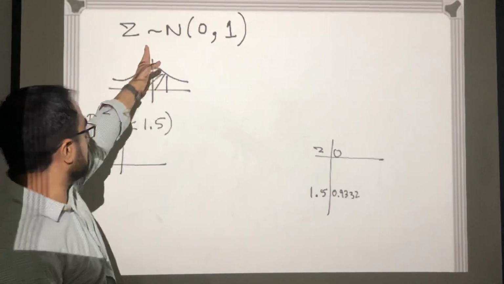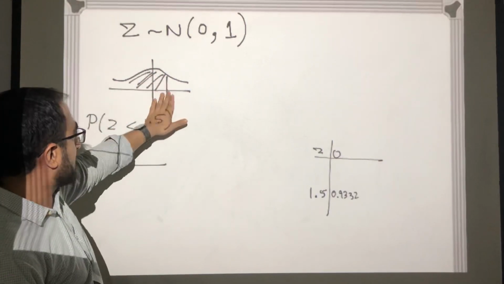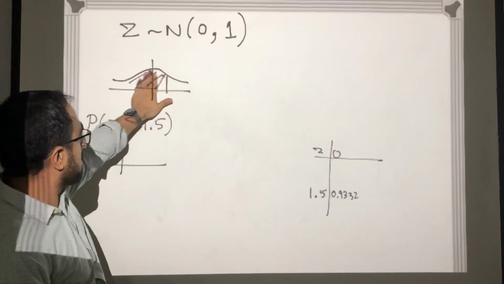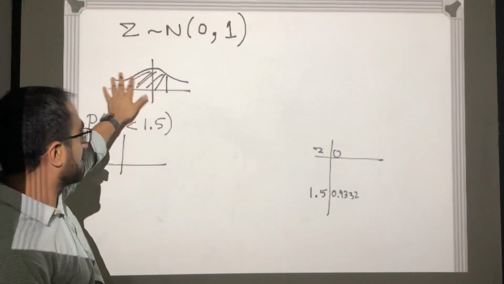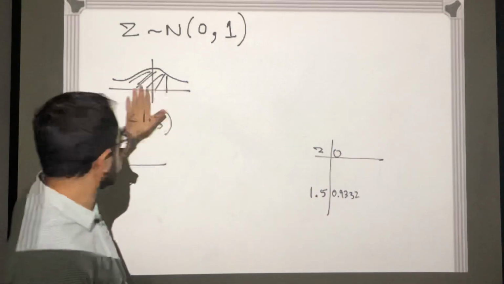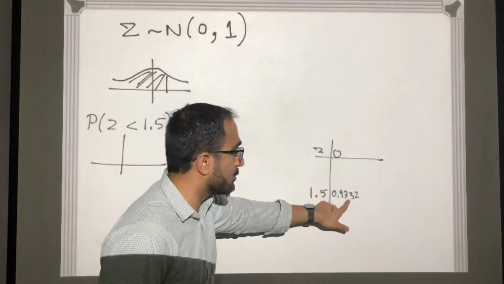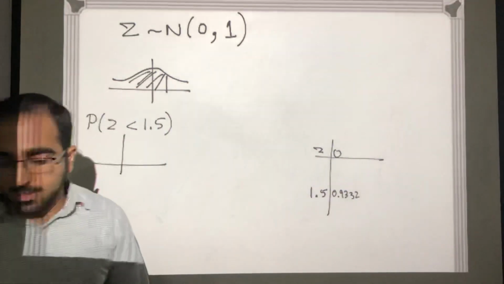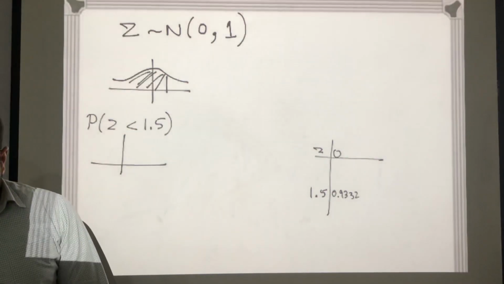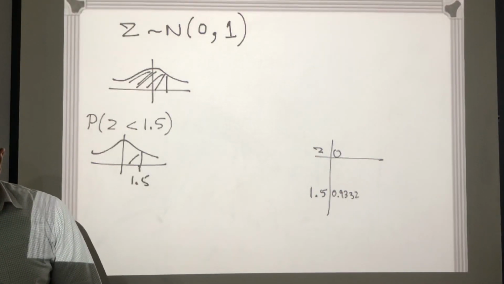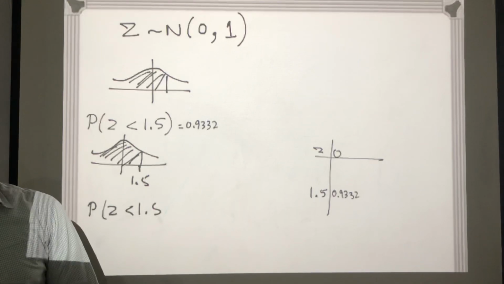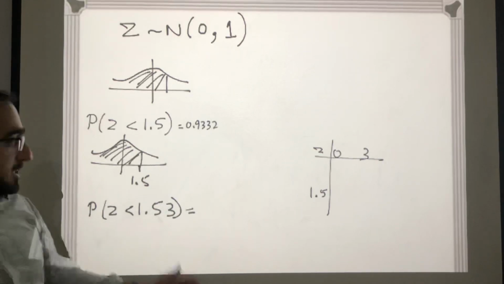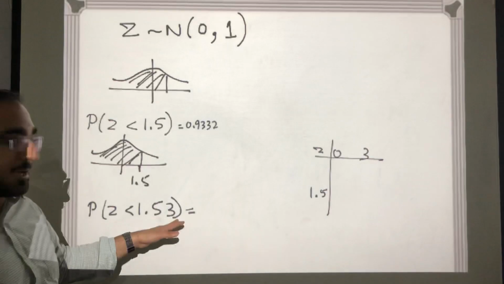This is such that the mean is 0. So 1.5 is in here. Less than 1.5 is all of this area. So probability is the area under the graph. So less than 1.5 has an area of 0.9332, which is the probability. Let me give you a few more examples. So this is 0.9332. Let's say when you have 1.53, now when you have less than 1.53, so you will